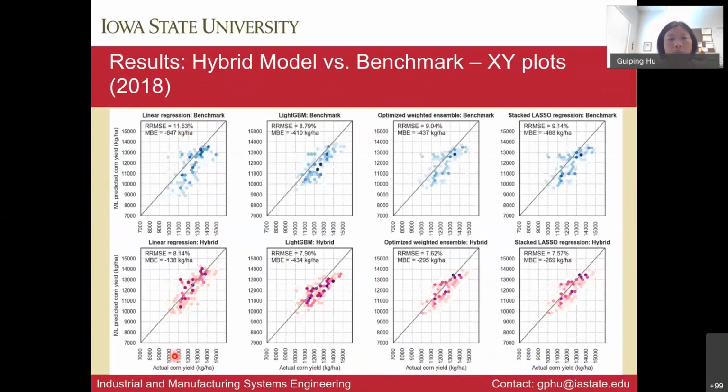And then each of the columns is representing one type of model that we used. As you can tell, when we go from the top to bottom, the improvement is quite obvious in terms of the points being more aligned with the y equals x line, the 45-degree line, which shows we are predicting very close to the actual. The x-axis is the actual, the y-axis is the predicted. So the 45-degree line is what we are trying to get close to. Okay, so this is just additional demonstration.